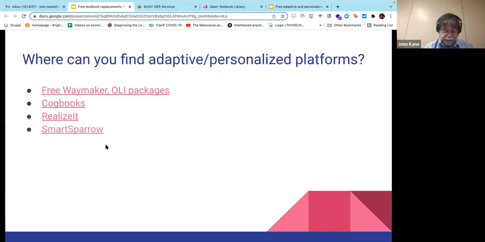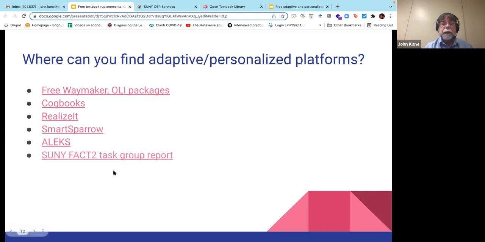And Smart Sparrow is another adaptive learning platform, which provides some really good resources. And Alex is provided through McGraw-Hill, and they have really good resources in math and chemistry and perhaps other areas, but most of what I've seen in terms of their use has been their math adaptive learning systems and their chemistry adaptive learning systems, both of which have been documented to provide fairly good results in terms of student learning.